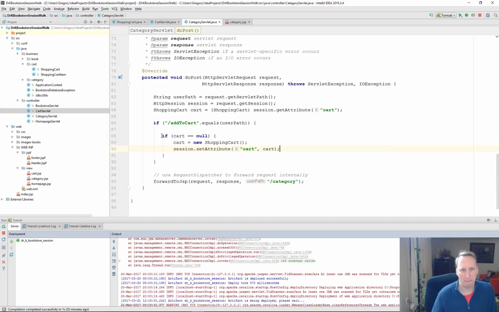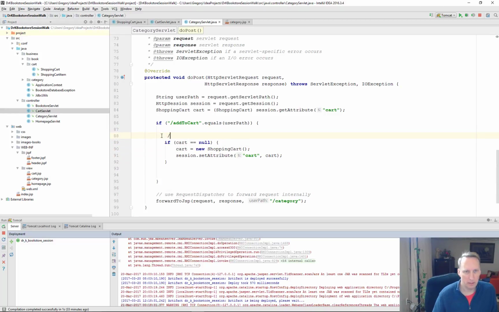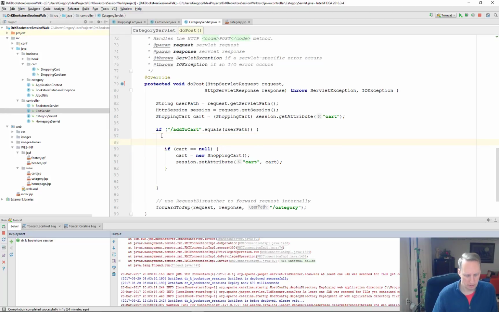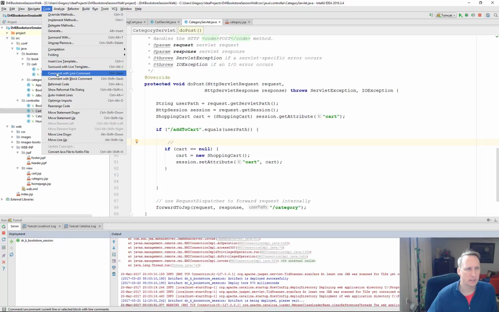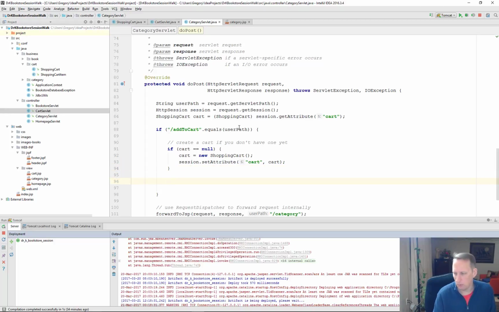Basically, create a cart if you don't have one yet. Okay, so now we know when we get to this point that a cart has been created,